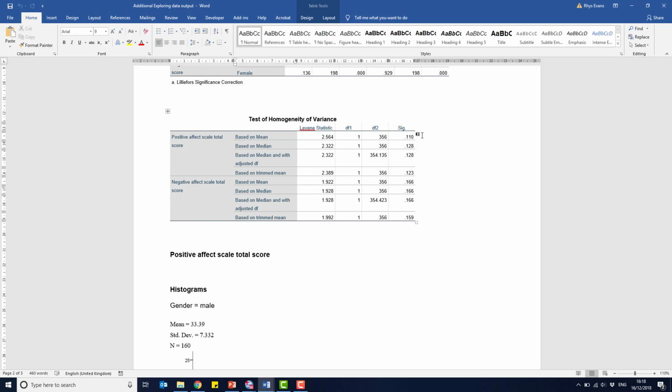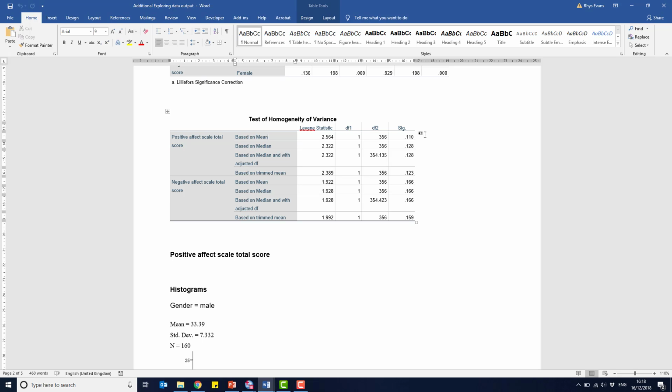The one set of scores is much more spread out than the other. If that value is greater than 0.05, as it is here, then we can say that we have homogeneity of variance. The spread around the means is actually quite similar, and so we have roughly similar variance in scores